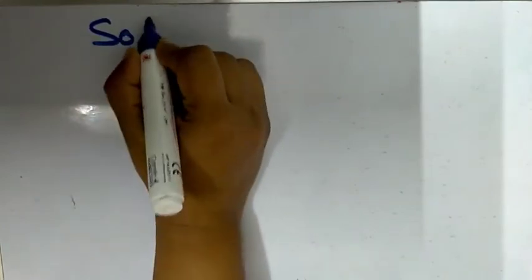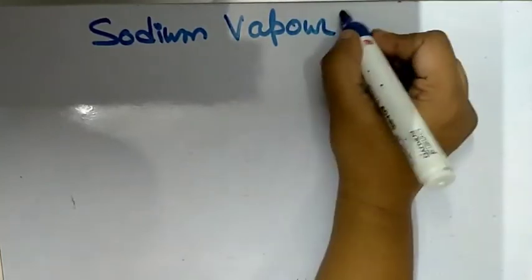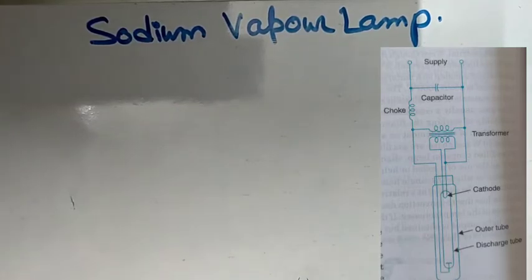Next is the sodium vapor lamp. Now, a sodium vapor lamp consists of an inner bulb of special glass containing sodium and an inert gas, either neon or argon, at a pressure of 1.5 mm, and is fitted with 2 filaments. This is enclosed in a larger bulb which is evacuated to prevent the escape of heat as much as possible.